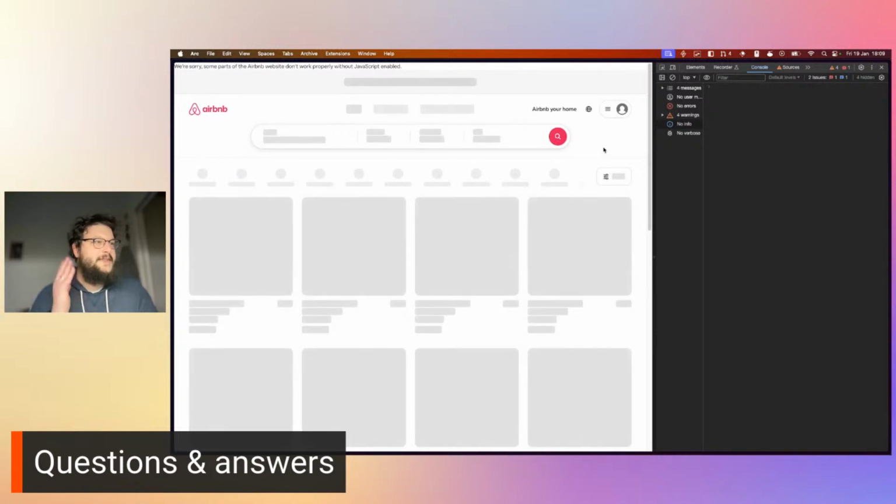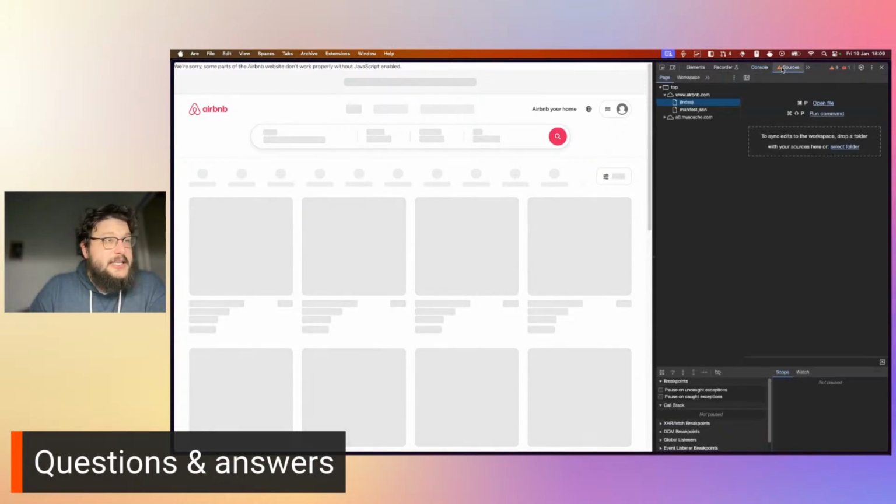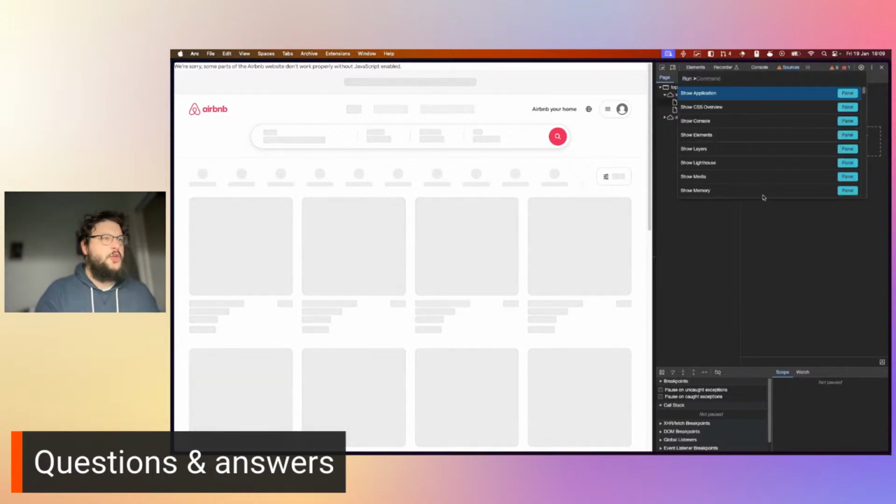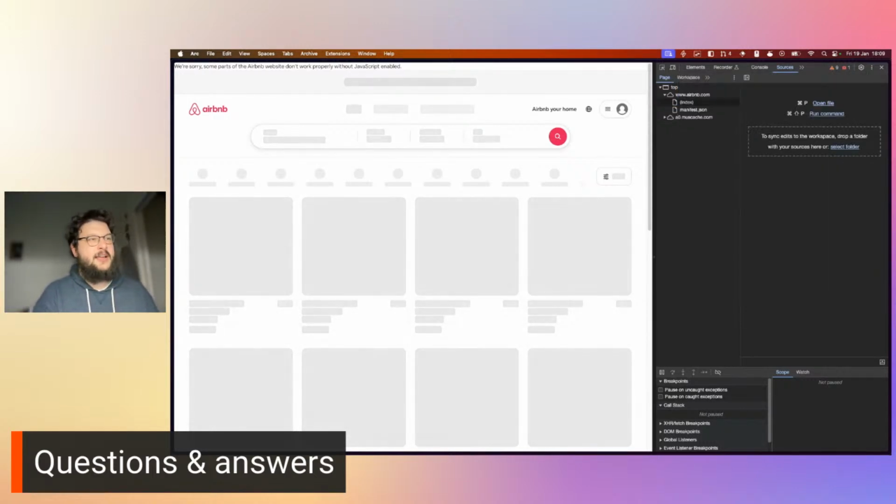But unfortunately, this is Airbnb today without JavaScript. You literally cannot use Airbnb without JavaScript. And again, this probably means that if you have a very slow internet connection, this will probably work very fast. But if you actively disable JavaScript, you are going to have a bad time on the internet. So